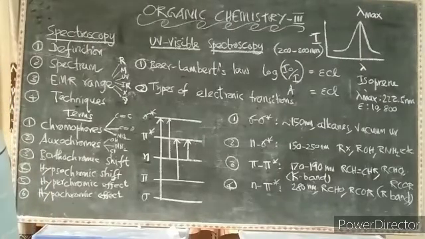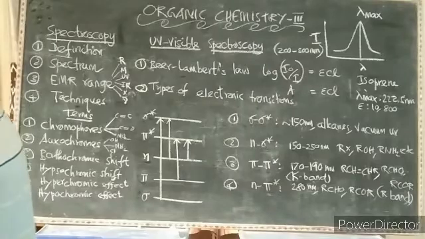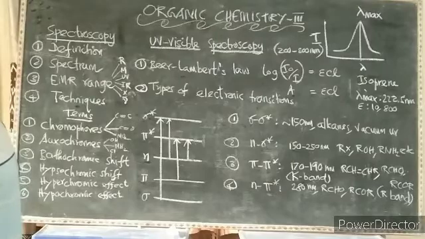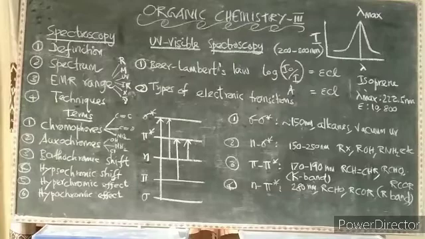Now, the electromagnetic radiation has a vast range, starting from the longer radio waves to the short-wave gamma rays, and each of these radiations interacts with matter in different ways to give rise to different techniques. The radio waves, for example, interact with the spin orientations of certain magnetic nuclei, and the technique that arises from the interaction of the radio waves with matter is NMR, nuclear magnetic resonance